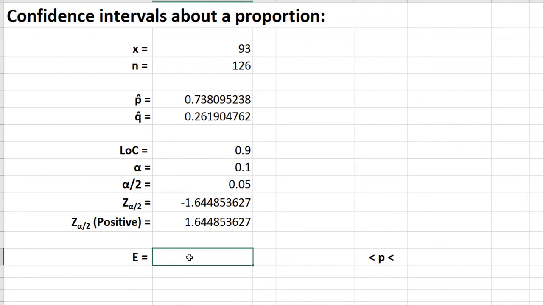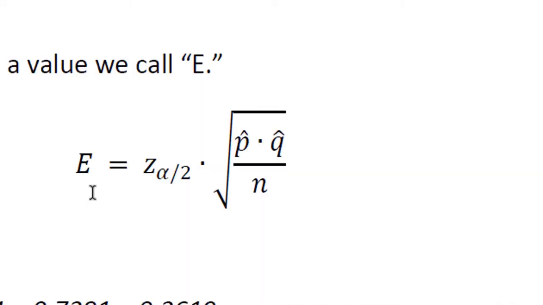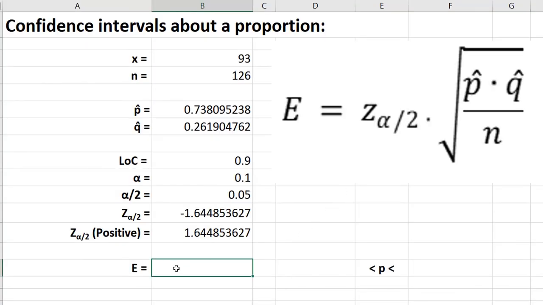Now to find E. The formula is E equals z sub alpha over 2 times the big square root of p hat times q hat over n. Let's go back to the spreadsheet and try to type all that in. E equals, first thing we want to do is the z sub alpha over 2 positive. So that will equal, I'll click on the cell reference that contains that,